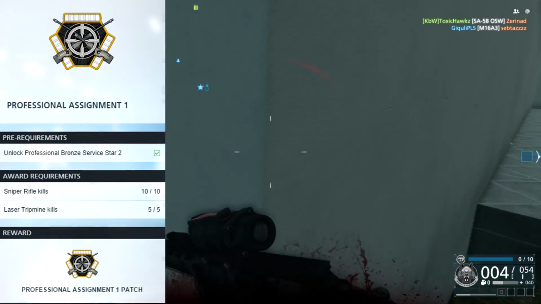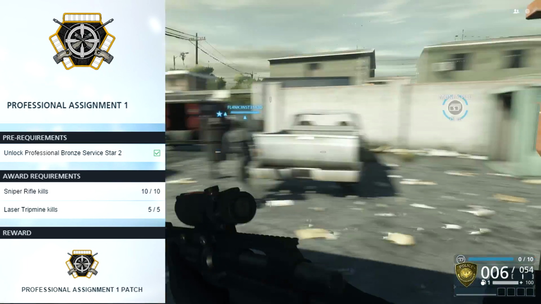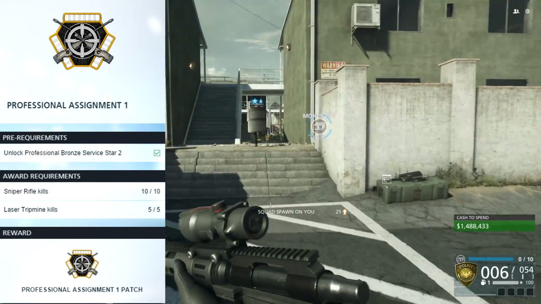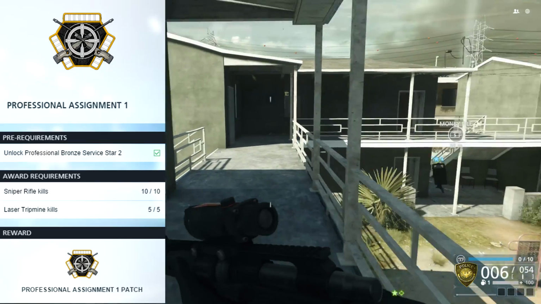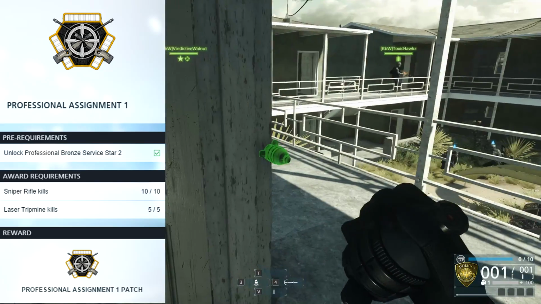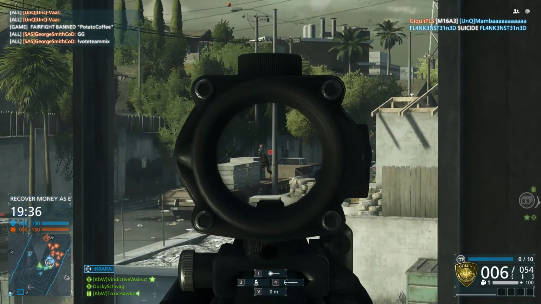So, the first thing you have to do is complete professional assignment number 1. The prereq is to unlock the Bronze Service Star 2. Pretty easy, just use it a game or two and you got it knocked out. Now, the requirements are sniper rifle kills, 10 out of 10, and you need to get 5 laser trip mine kills, all of which can be accomplished in one game easily, and you will have professional assignment 1 completed, and